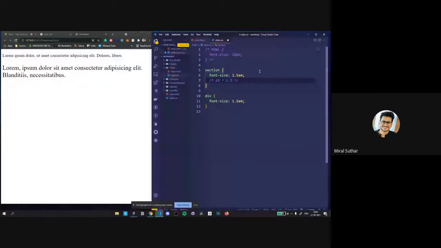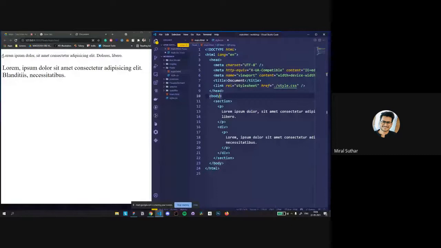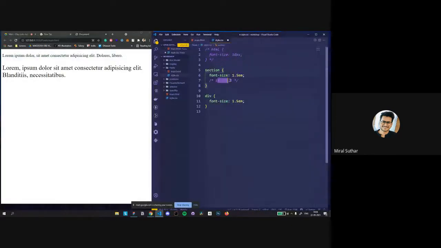You see that we have given 1.5 em, but still this one is a bit smaller than this one, right? What the section has done is, the section has a parent element of body, and the body is in HTML, so it has done 16 multiplied by 1.5. So that's what the section has done. It gives its child element, the paragraph, a size of 16 multiplied by 1.5.